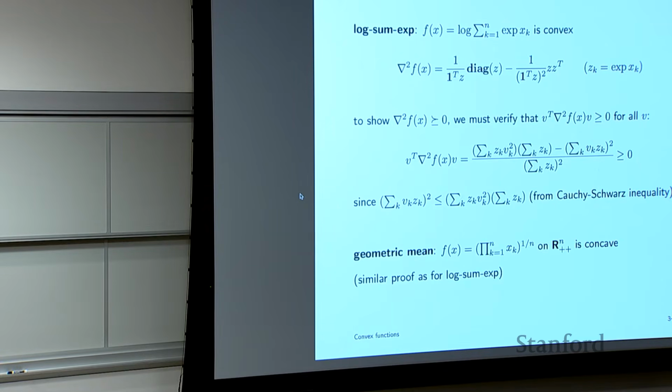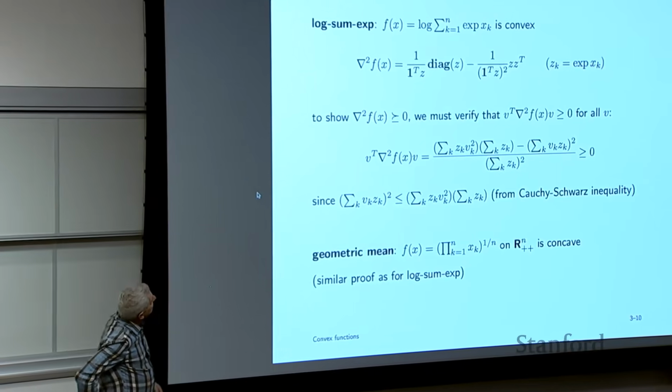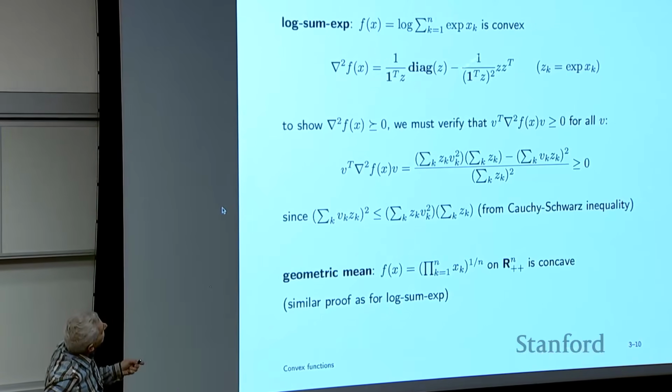Okay. So it's actually a really cool function. Number one, it's convex. I'm not going to go into the details, but the reason you figure that out is an interesting derivation. It goes like this. You work out the Hessian. It's a sum of two terms, and you look over here and say, so Z is this X, so these are non-negative, right? You'd say, well, that's a positive semi-definite matrix.